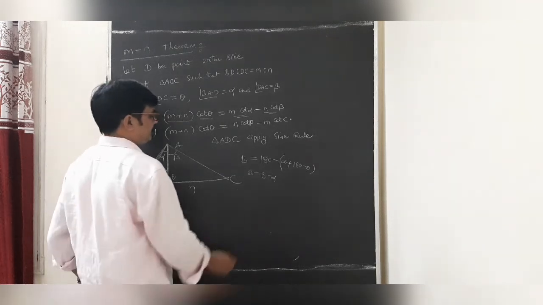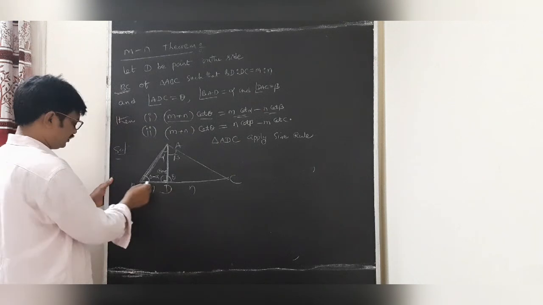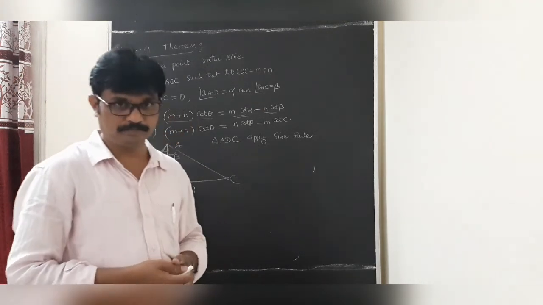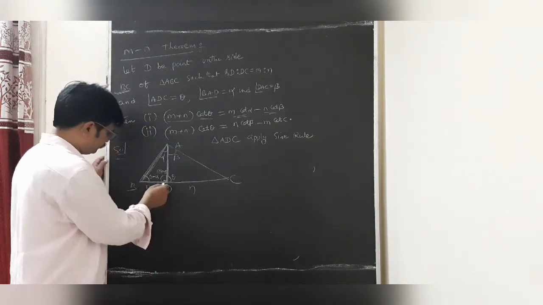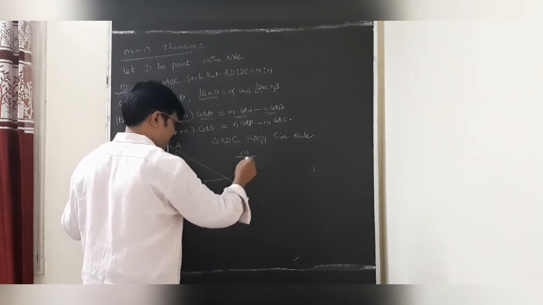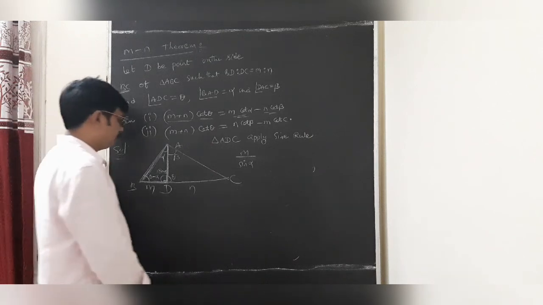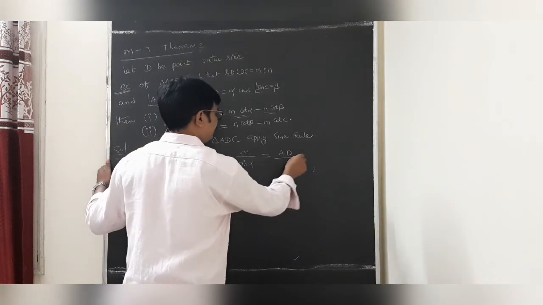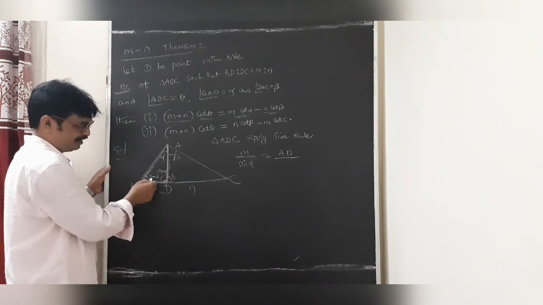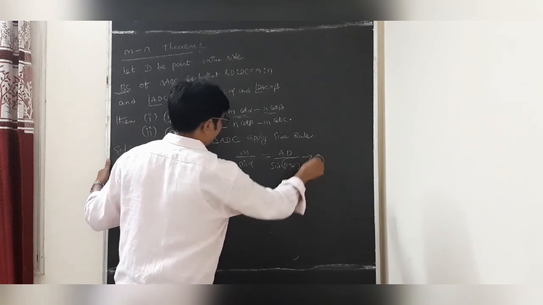Now, students, we can apply the sine rule for the triangle ADC. So, dear students, a by sine A equal to b by sine B equal to c by sine C. That is the sine rule. Here, this is BD, which we can write as m by sine alpha. So, this is AD. AD by what is the opposite angle? Theta minus alpha. This is sine of theta minus alpha. This is taken as 1.